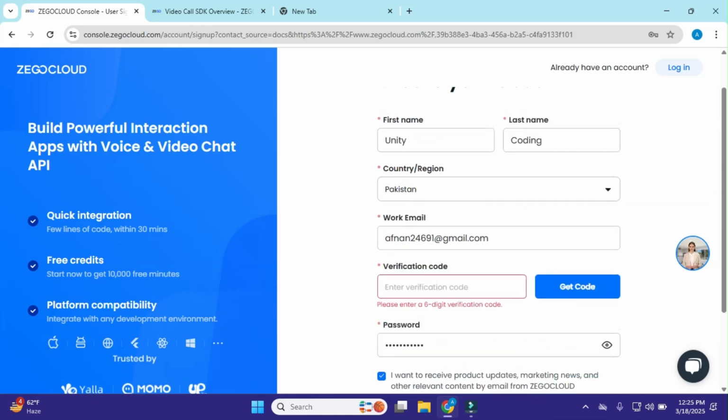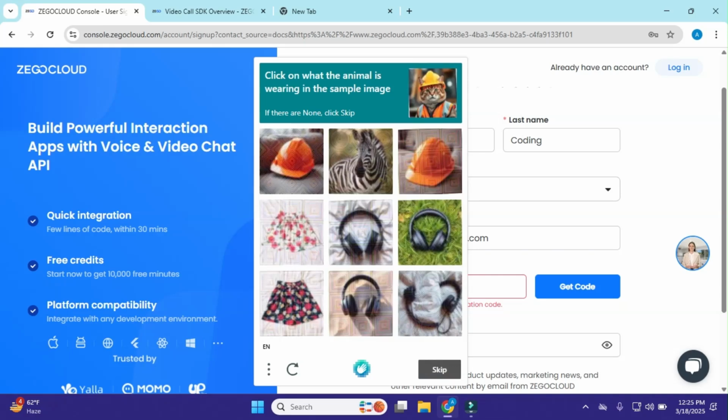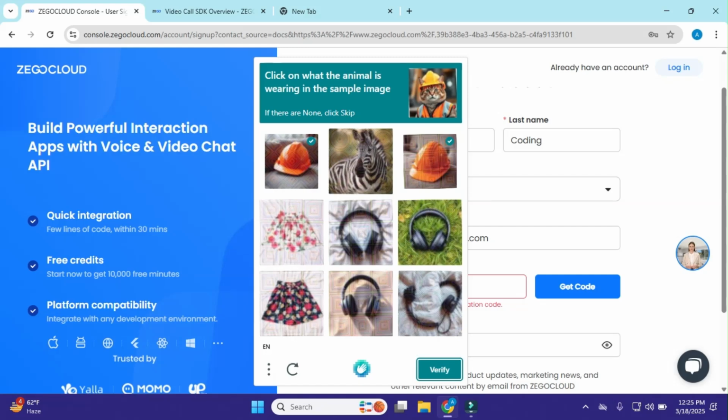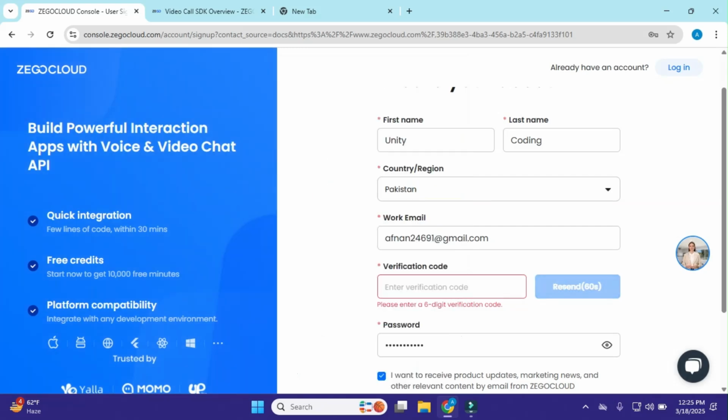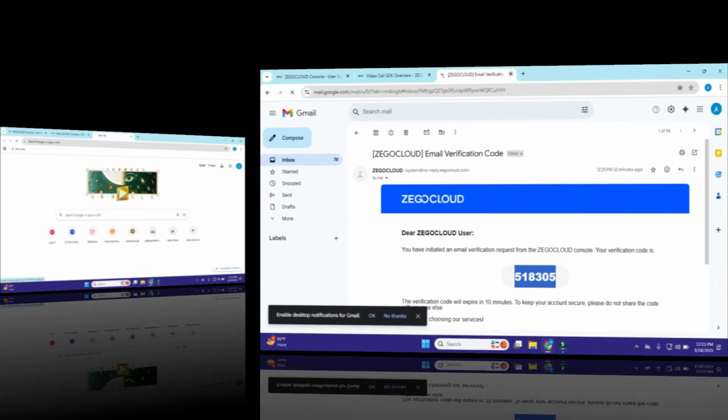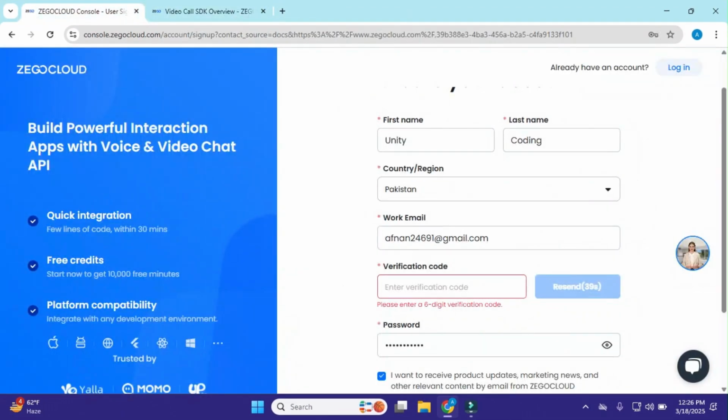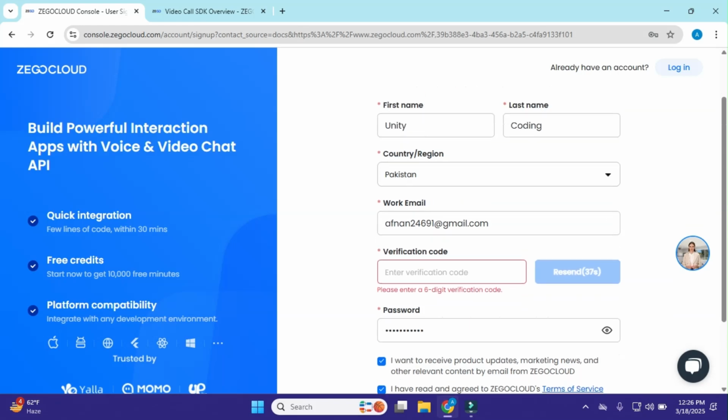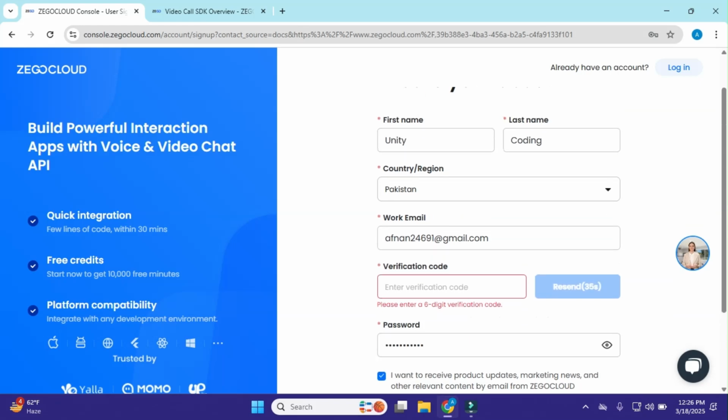So that's it. Now in the verification code, I'll simply get the code. Just click on get code, and it asks us to fill the reCAPTCHA. Just click on verify, and now it sends me the code, and I'll go to my Gmail. So you can check the Gmail work email that you added here to enter the verification code.